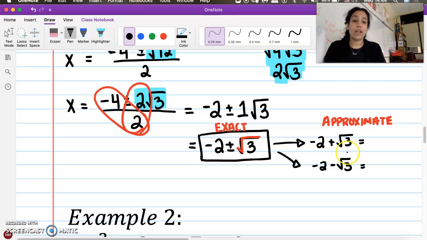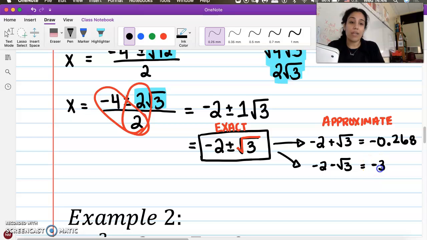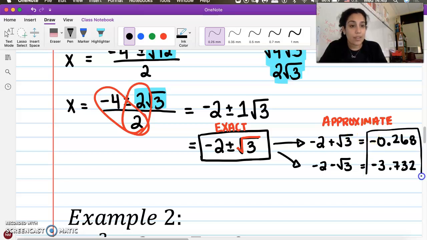And so if I put this into a calculator, I get negative 2 plus root 3, which is negative 0.267, actually 268 approximately. And minus is going to be negative 3.732. These right here are the